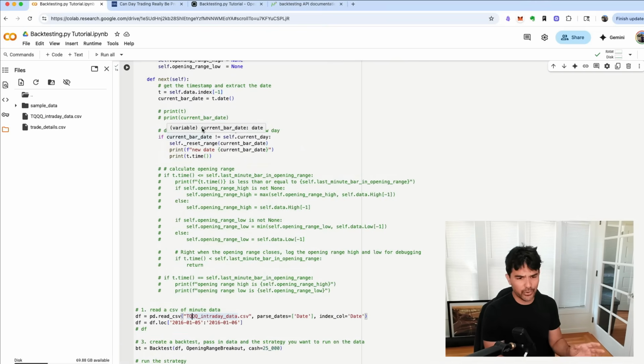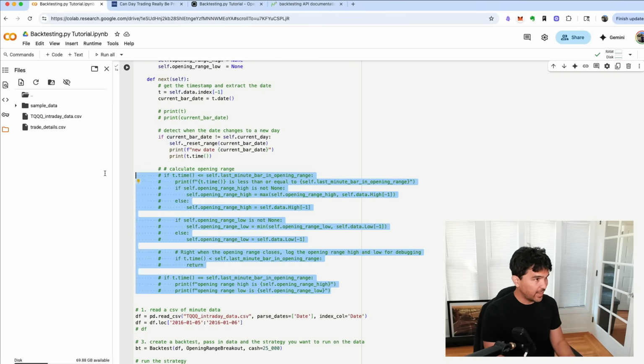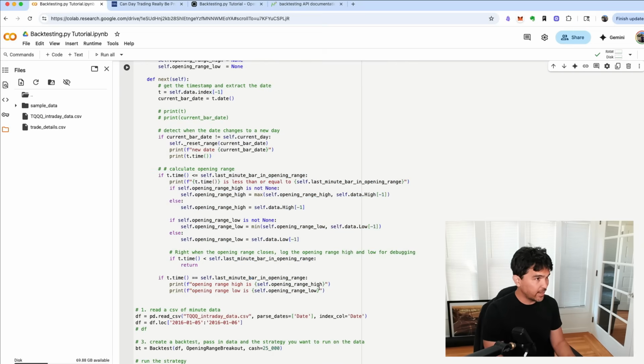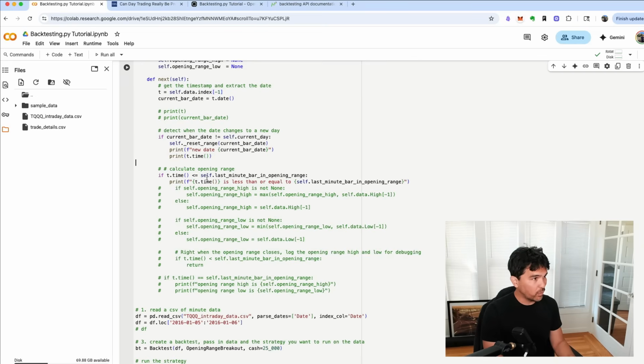If you're using Interactive Brokers, it'll actually timestamp it with 9:30, and the 9:30 timestamp represents 9:30 through the close of that minute. Okay, and so what we're going to do here is we're going to keep incrementing, right? Every time a new bar of data comes in, we want to build up what the opening range is. So we're going to say, what's the latest high of the next minute coming in? What's the next high of the next minute coming in, and so forth, and also keep track of the next low. And so what I'm going to do is, while the t.time is less than the last minute bar in